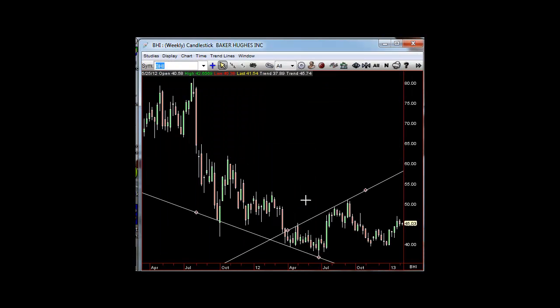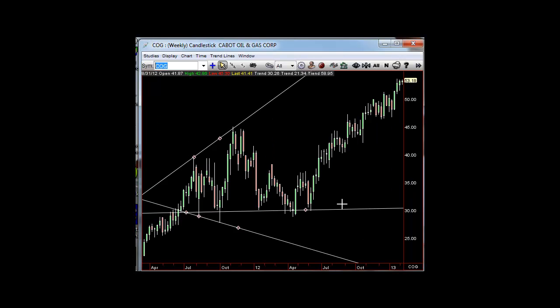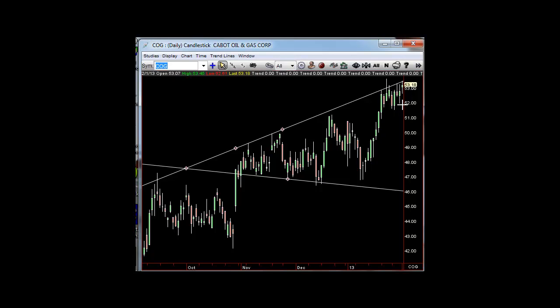weekly triangle here, potentially too strong to make the lower lows. Now an inside week. We've got Marathon, MRO, as an inside week as well. We got COG, the natty gas names, still near the highs and inside on the week. A little caution here with this daily triangle, but in this environment, things keep it going. If you take a look at Apache,